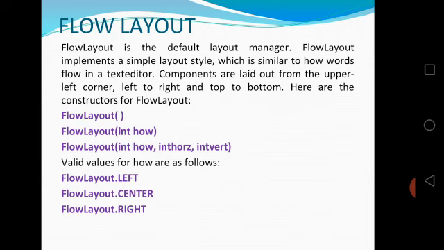You can give any one of the values, FlowLayout.LEFT or FlowLayout.CENTER or FlowLayout.RIGHT. The third constructor indicates how the flow layout should be presented, then int horizontal and vertical values can be given.